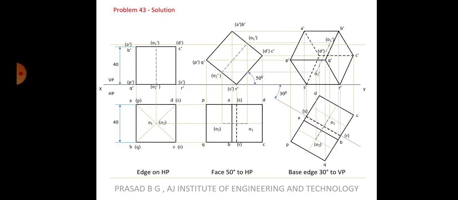Okay, so now we can see that the animation has come a little different here, but I hope you understand. So P, S, R, C, B, A, this becomes the outer boundary first, this part. Then since the base is visible, right, PQ and QR, so line joining from that is always visible, correct? So what is left out? A to D and D to C. This should be hidden. If this is hidden and if this is hidden, line joining from that is also hidden. Okay, so is that understood?